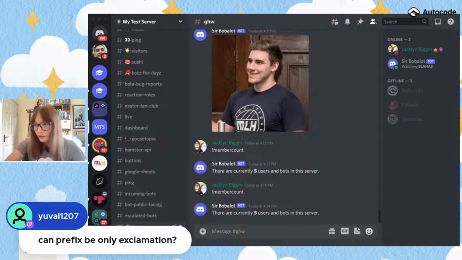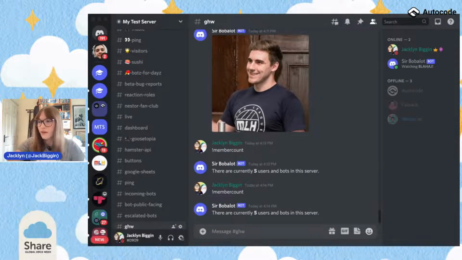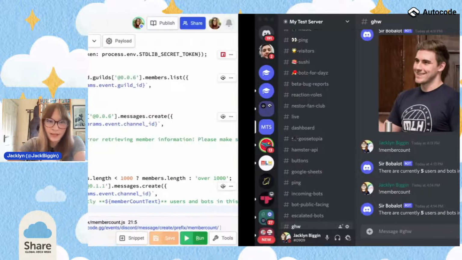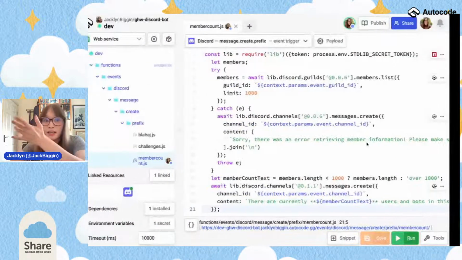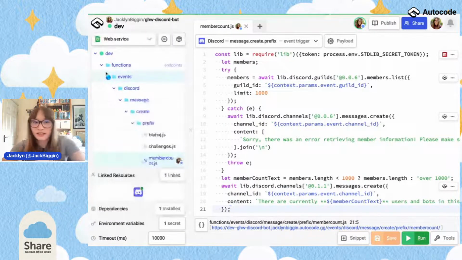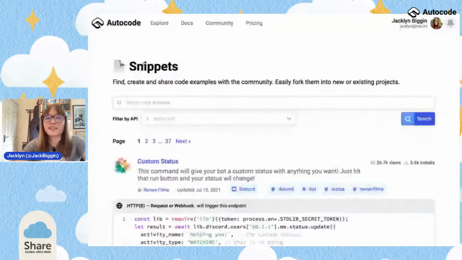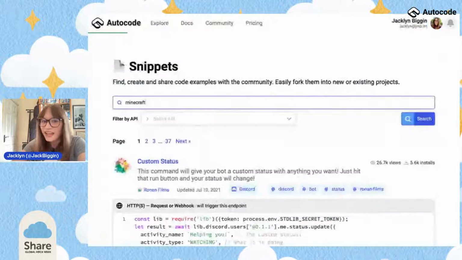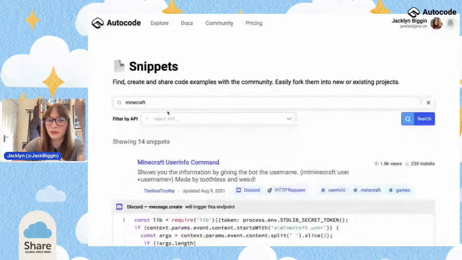Okay, so let me show you that little trick I was talking about and how we can go and connect to games. Because a lot of people at Global Hack Week like to play games in their downtime. And I actually wrote a snippet, because anyone can write a snippet. I wrote one myself. And what it does is it lets you spawn Minecraft creepers on a Minecraft server on top of people.